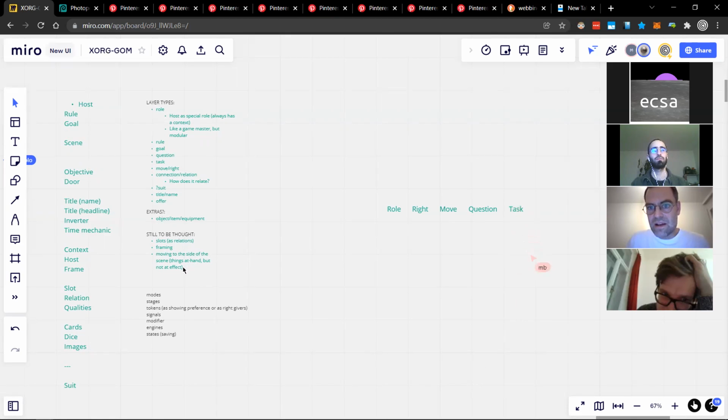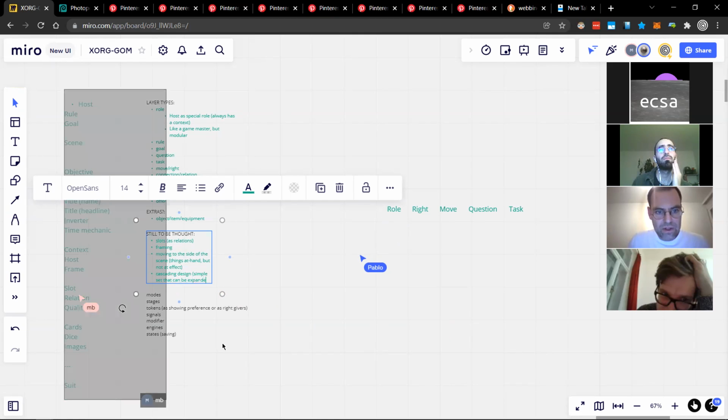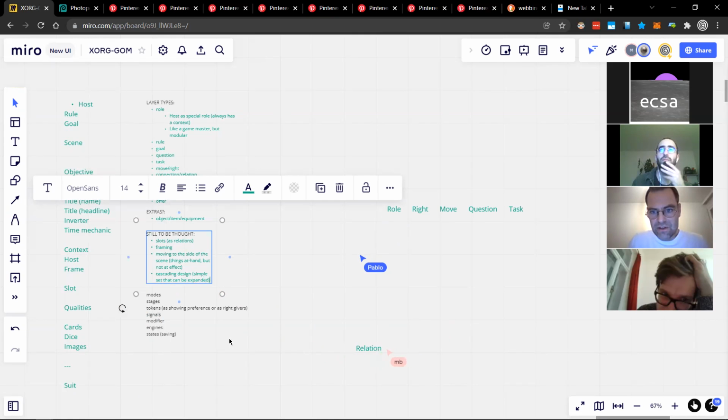I took the liberty of putting a few things there, but just go ahead. Cursors are open. I'm adding some of this cascading. I would try to make it a bit layered. For me, relation is on a different layer right now.